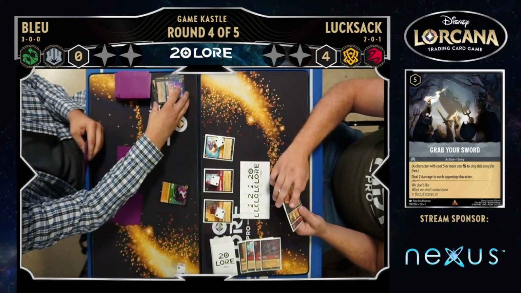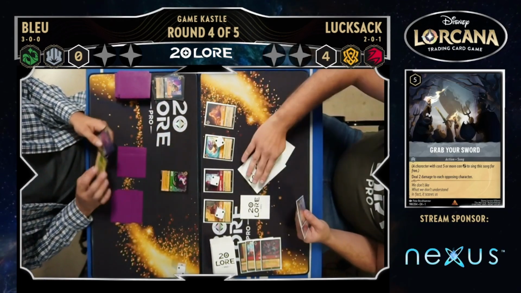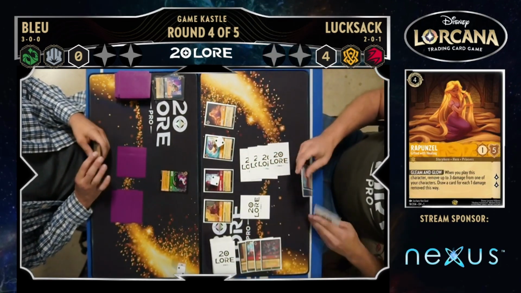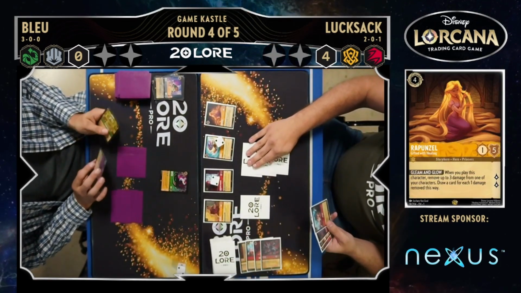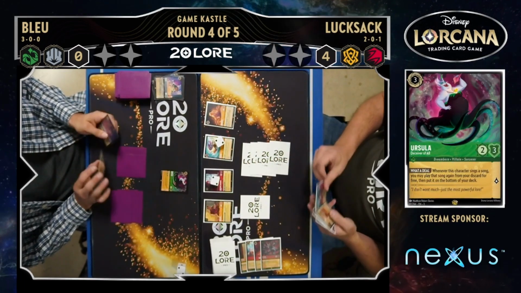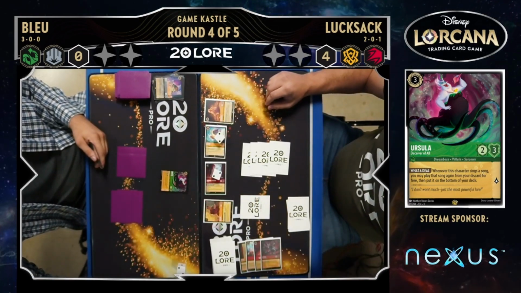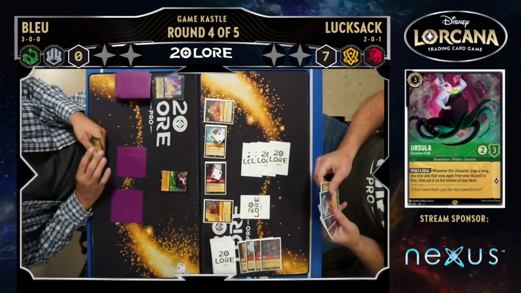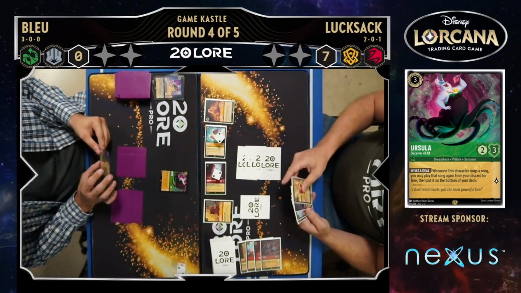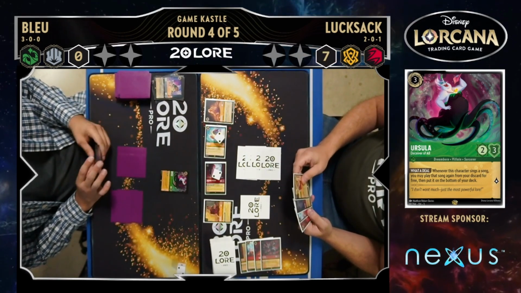And Blue having to rebuild his empty board again, putting an Ursula down. Ursula, Deceiver of All, a card that can double sing songs. In a steel deck, it's a decent card to have, coupled with cards like Strength of Raging Fire, which won't be terribly great here, but Let the Storm Rage On, which could deal 4 damage and draw him 2 cards. So plenty of song options available for him. I do believe there was a Sudden Chill in his hand earlier in the game, but he really needs to do something to clean up Lucksack's side of the board here, because now with that Rapunzel, we're looking at 4, 5,